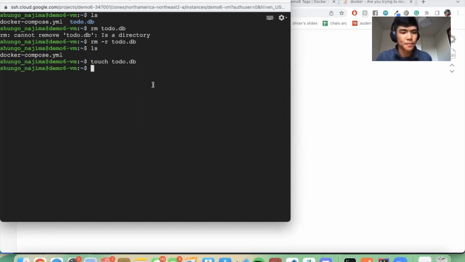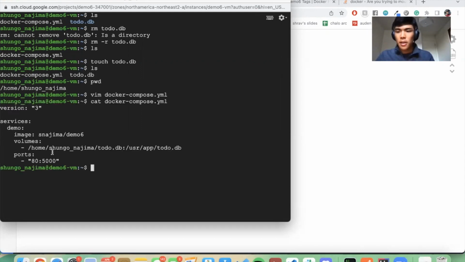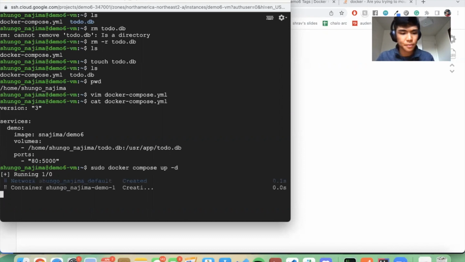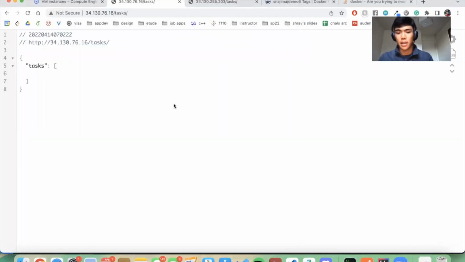So let's do that. Now if we do ls, you can see that we have our docker compose file and our todo.db file. Great. Now that that's out of the way, let's finally sudo docker compose up. And you can see now, if I hit refresh here, we can actually access our